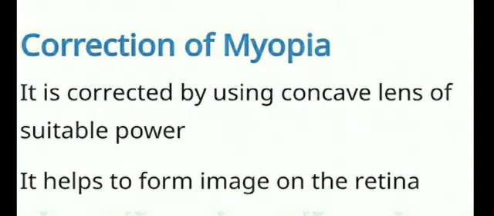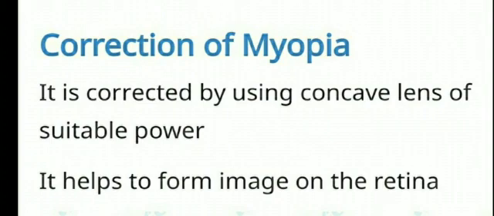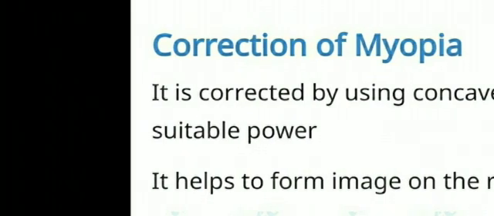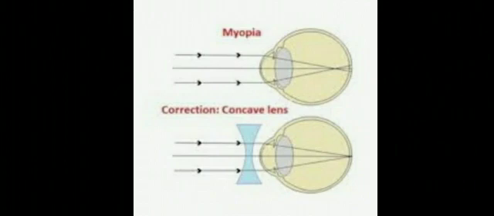How can this defect be corrected? Students, for correcting such a defect, an eye needs a type of lens which can diverge the light rays coming from the object. So, a diverging lens, that is concave lens, is used to correct the defect of myopia. The diverging lens diverges the light rays first, which are then converged by the lens present in the eye, and image is shifted to retina. In this way, a myopic eye can be corrected.